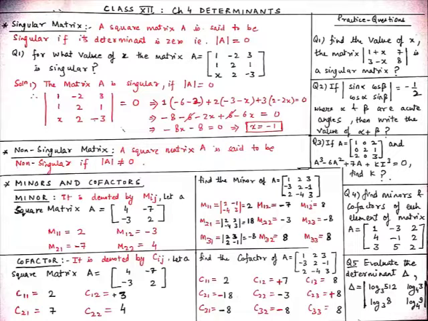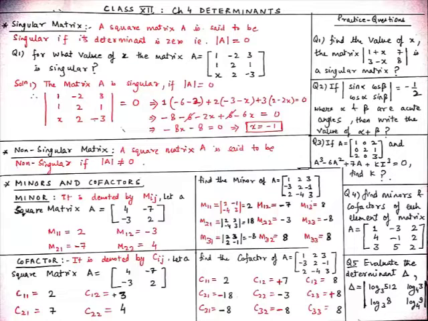And now for M32, take A32 element, which is minus 4, and hide R3 and C2 completely. So the remaining elements are 1, 3, minus 3, minus 1, and its determinant is 1 into minus 1, minus 1, and then minus 3 into 3, minus 9. So it becomes plus 9. So minus 1 plus 9 is plus 8. So M32 is 8. And now M33, so take A33 element, which is 3, and now hide R3 and C3 completely. So the remaining elements are 1, 2, minus 3, 2, and its determinant is 2 1s are 2, minus 3 into 2, 6. So it becomes plus 6. So 6 plus 2 is 8.